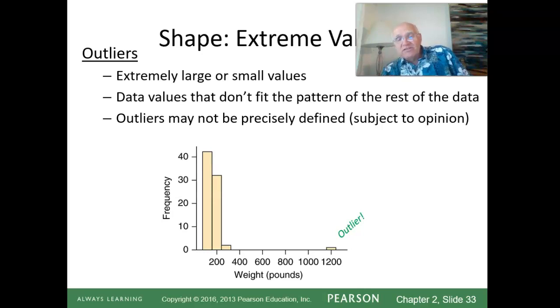Also, you should be aware, and this is another element of shape, that extreme large or small values, we tend to call those by the term outlier. Outlier means it's out there by itself, or you could have two outliers where you've got two numbers out there. They don't fit the pattern of the rest of the data. And as our data analysis purpose is to try to understand the underlying structure of the data, then that's part of the structure. So we've got maybe a nice symmetric distribution or a little bit of a skewed distribution with an outlier, and so that outlier is